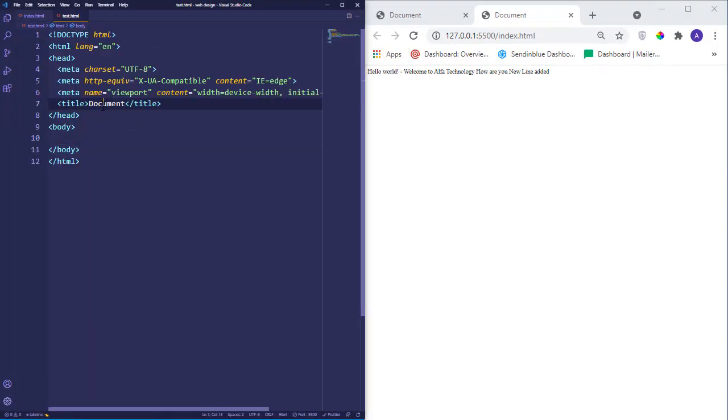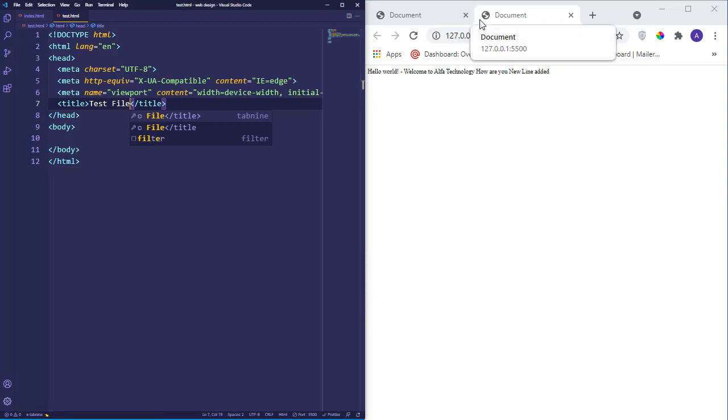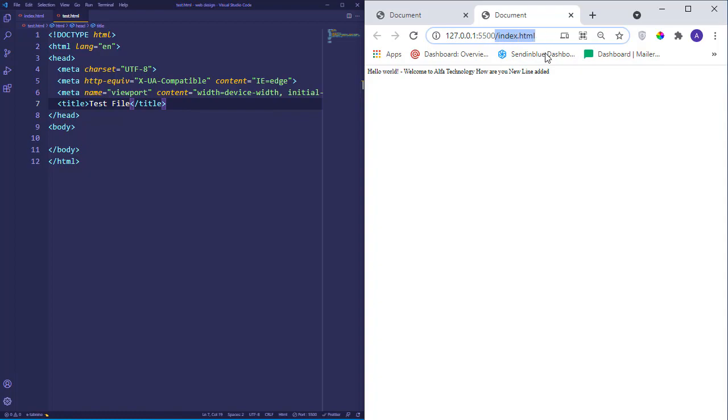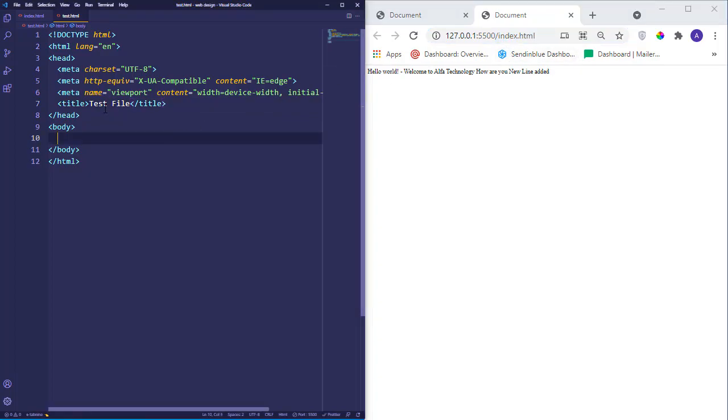If I change the title to test file and save it, you can see the page is refreshing, but we are not getting the output, because this is previewing the index.html file and we are editing the test.html file.